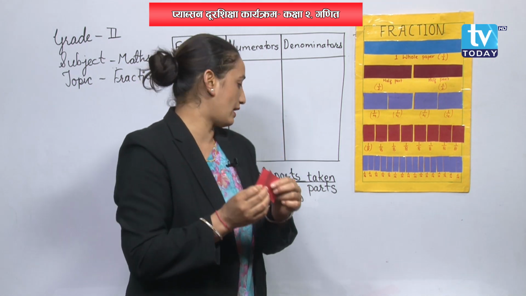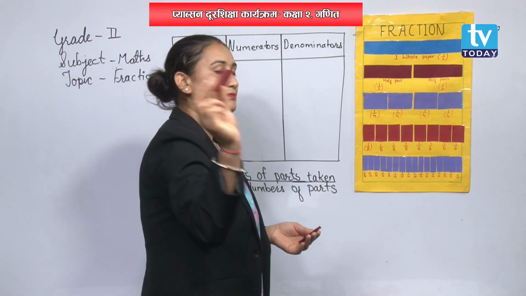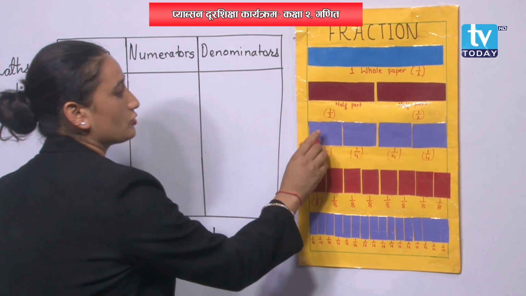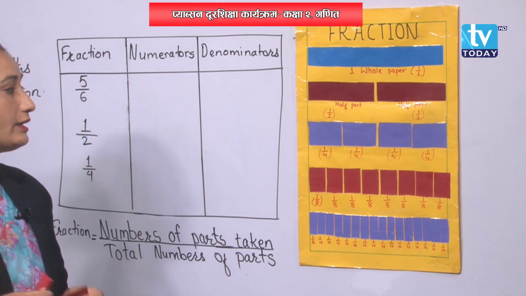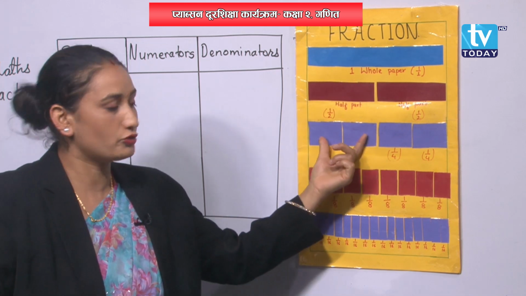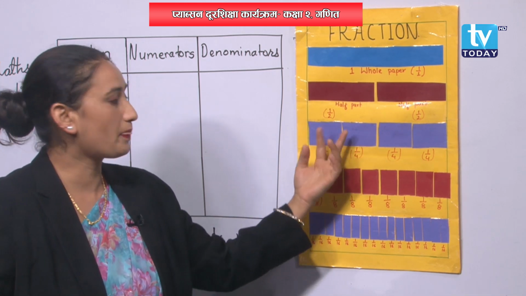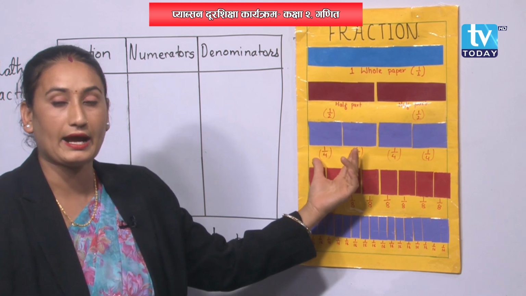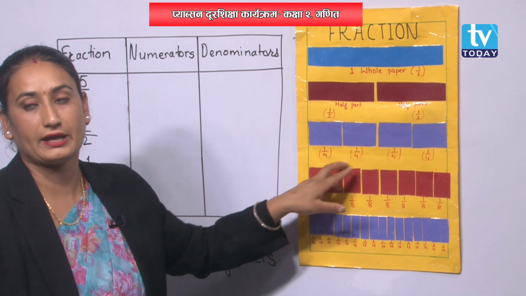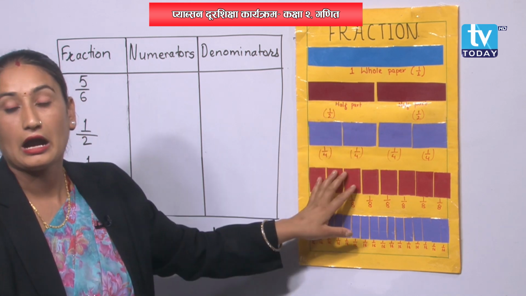Same like this one, and check it out, is this part equal to this one or not? Yes, obviously this is equal to the purple one. So, if I cut this half of the part into 2 places, then it will be 1 by another 2, right? 1 by 2 divided into another 2, how much does it become?